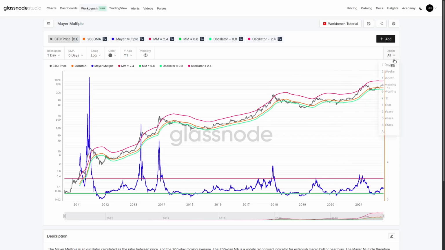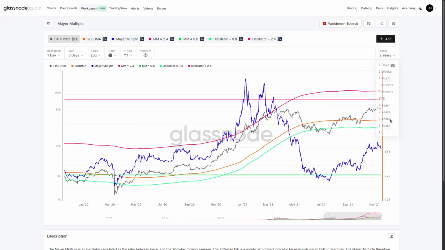So if we zoom into a 2-year basis so we can see where we're currently at, you can see that through the January and then into March period, we actually broke above that 2.4 by some magnitude, and that technically provided some form of a topping signal, right? We had 1, 2, 3 touches before we broke back down to the undervalued zone. And as you can see, we're somewhere around halfway, right? We haven't quite tracked back up here to the 2.4. And if we did track up to 2.4, that would give a Mayer multiple price of about $110,000, which again, I'm sure many of us would be quite happy with.